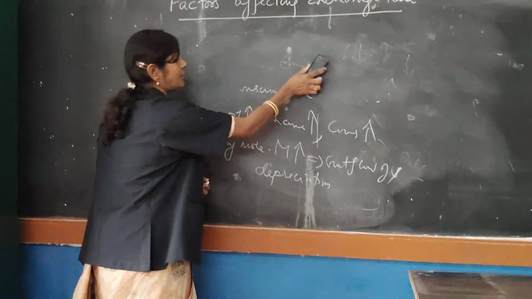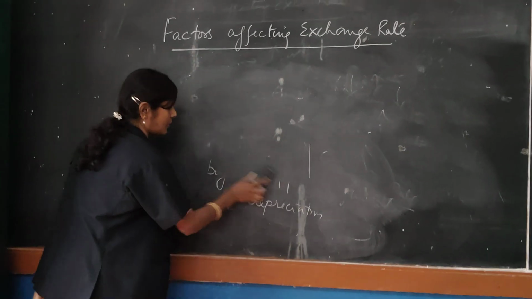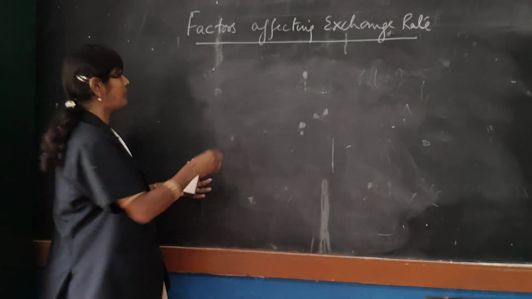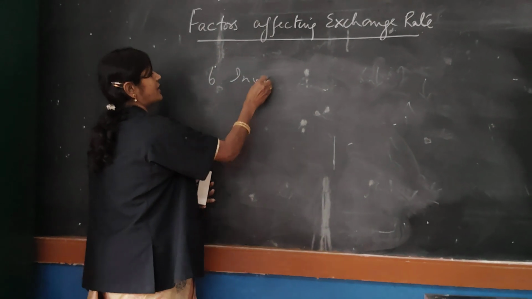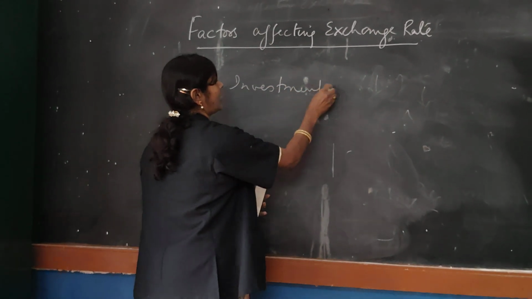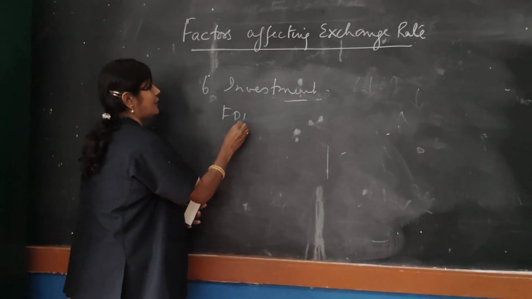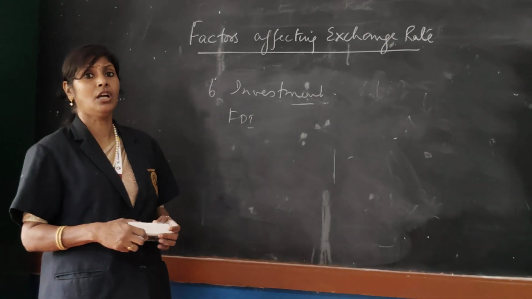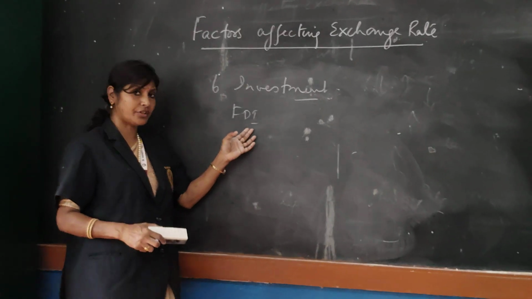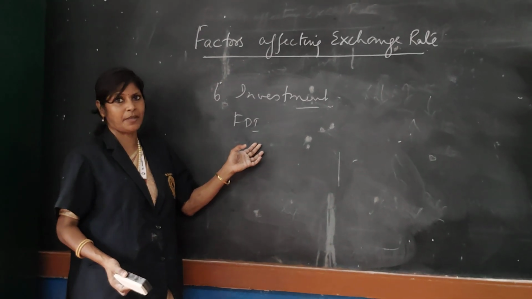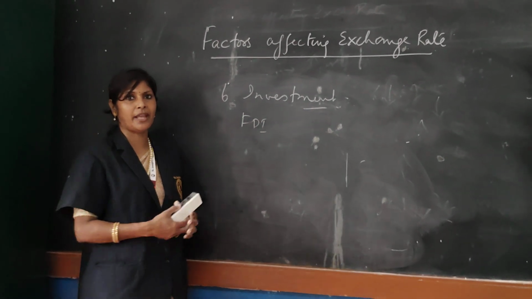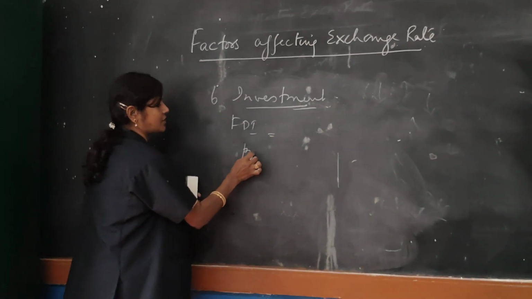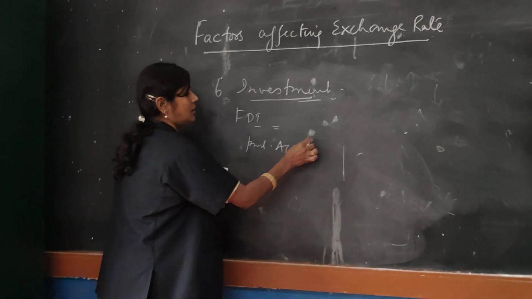Okay. So next one we will explain the factor, that is the investment. Investment is very important. The sixth factor, investment. Investment in terms of, say, FDI, right? If investment is there by the foreign companies, foreign direct investment. Okay, when the investments are taking place, definitely the production activities increase.